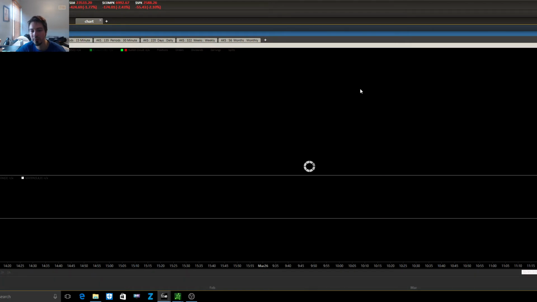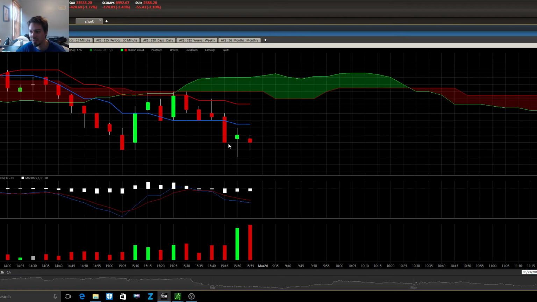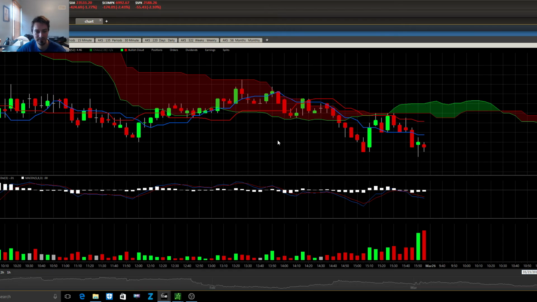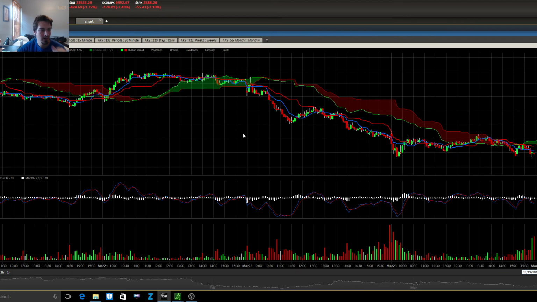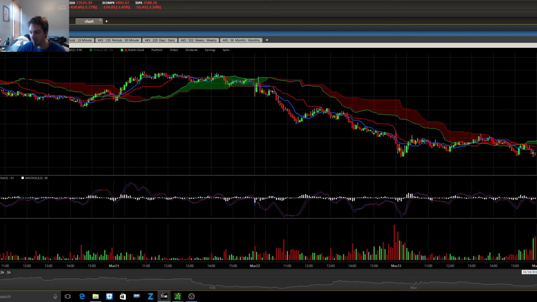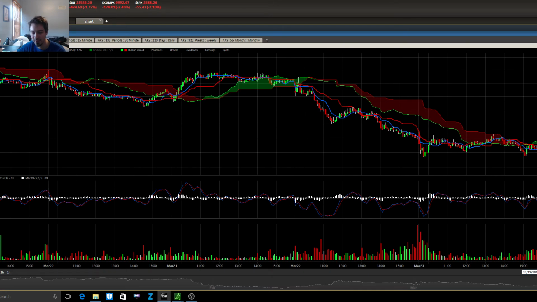Then normally I would look at the 5-minute to see if we're above the cloud to give me confirmation that, hey, it might move above the cloud in the 15-minute. But on the 5-minute, we're below the cloud. So I'm not even interested in the stock right now. If we go back over here on a 5-minute time period,